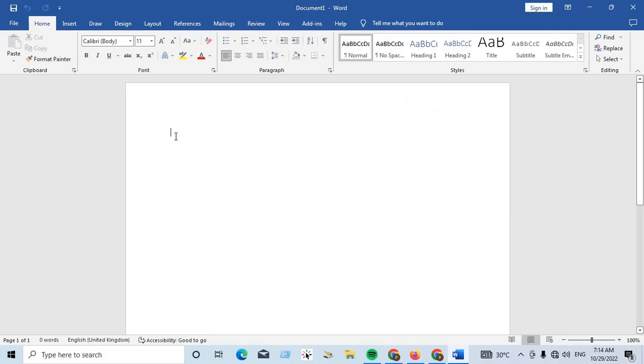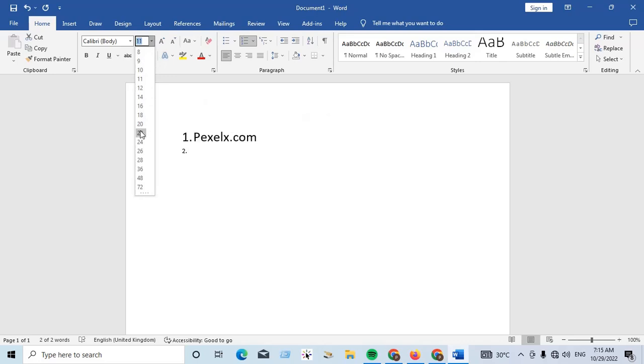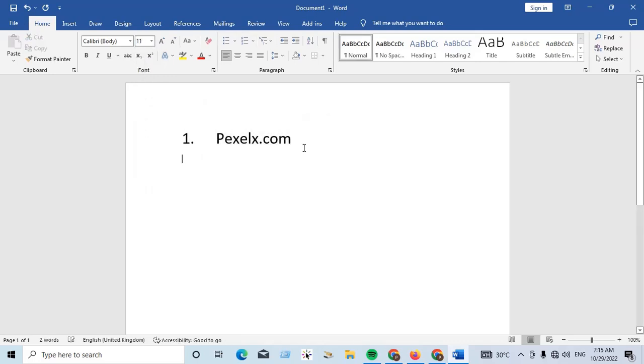To collect these images, you can find some royalty free image sites, like first of all pexels.com, and second one is pixabay.com, and third one is unsplash.com, and fourth one is